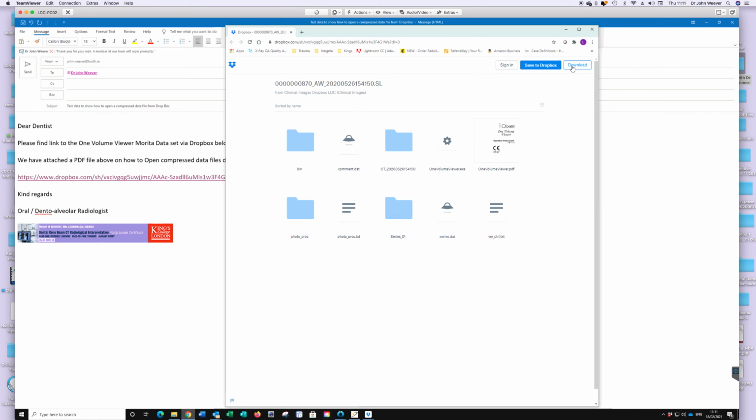On the top right corner you just download this particular anonymous data from Dropbox. So I'm going to download that, and when you start that process you see down here in the bottom left of that window the actual download progressing. At the moment it's now 70, 80 of 158 megabytes of data, and so that's going to happen fairly quickly, which is complete there now. And then when that happens, you see the little up arrow here in that bottom left corner of that window. You click on that and you open that